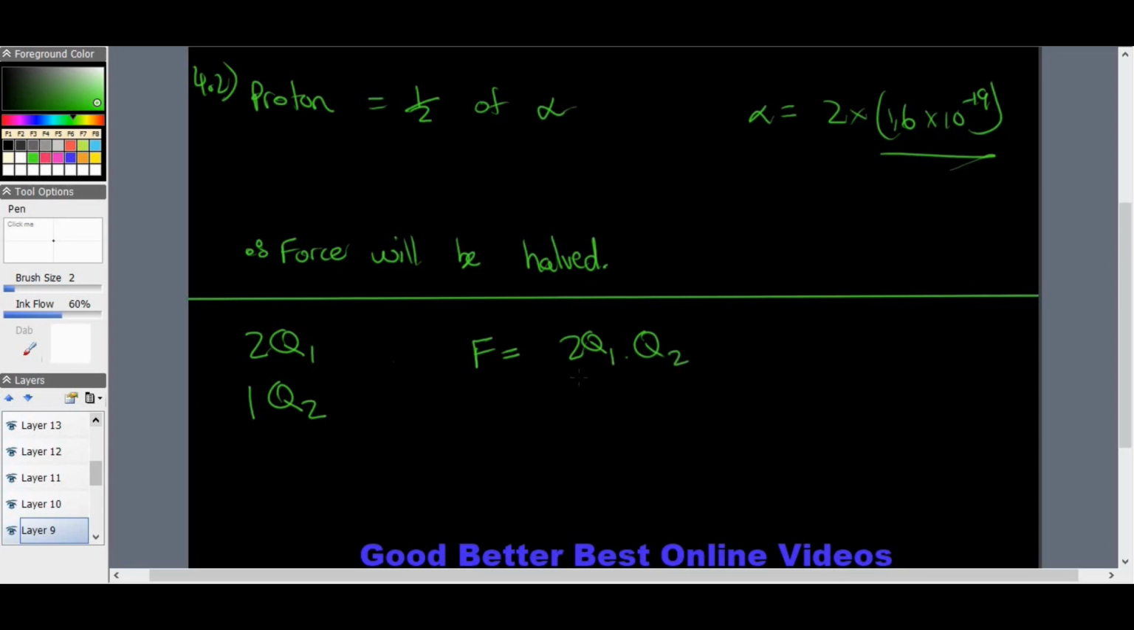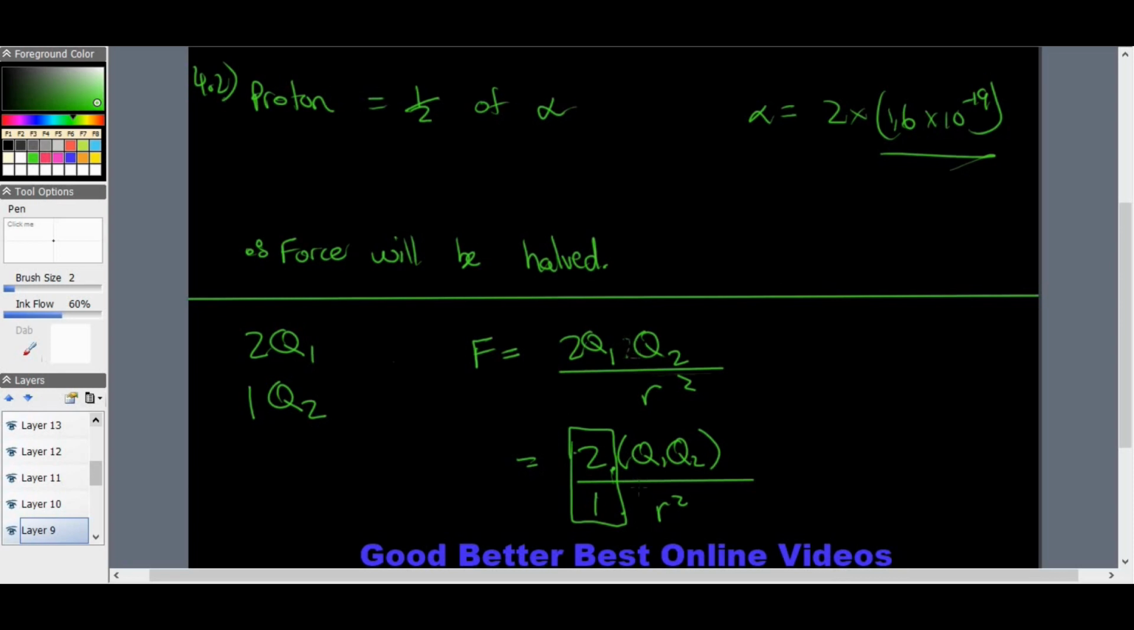2Q1 times Q2 all over R squared. I'm going to end up with just on top 2Q1 Q2 over R squared. So 2 over 1 over here multiplied by Q1 Q2 times R squared. So my force factor here is only going to be 2 and not 4, because an alpha particle is double